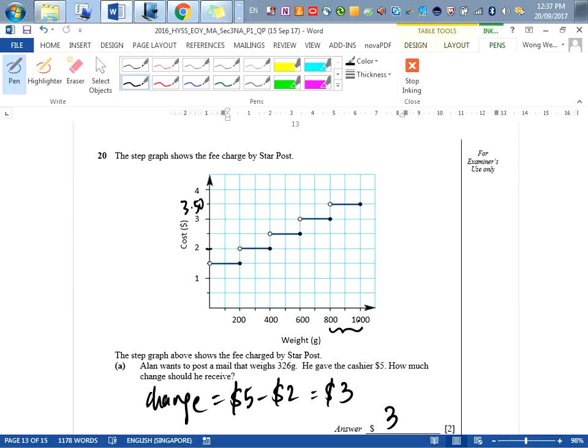So, is this the first time you are seeing this graph? First time seeing. The rest of you listen up. Who does not know how to read this graph? I'm asking for 20B. Now I'm asking, who does not know how to read this graph? Everybody knows? So it's just for fun.